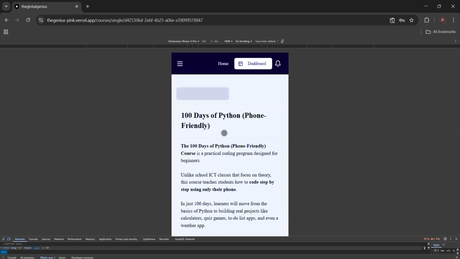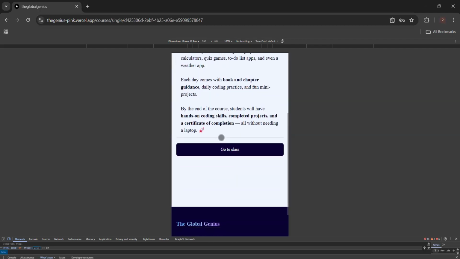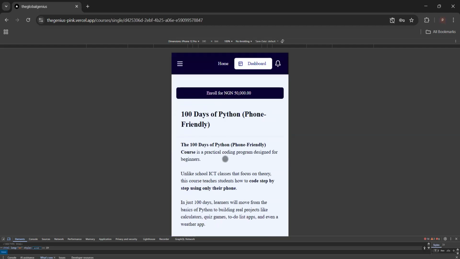All right. So this is the course description. This program is for 50,000 naira, but for the community edition, you get it for 5,000 naira. But the requirement there is that you have to get at least 2 more people into